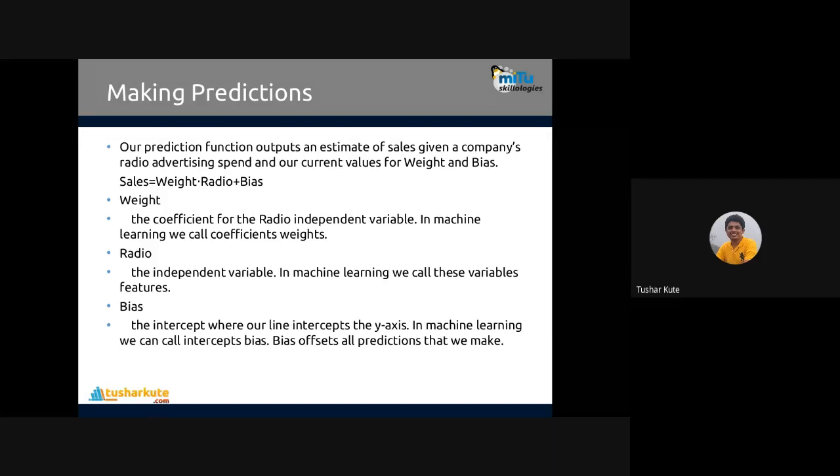But I want to predict the value 14. So to adjust that, we have to add the bias. 4 into 3 plus 2. Only multiplication is not sufficient. Addition is also expected there. Multiplication generates a result very fast, but to make the adjustment to the actual result, the bias, which is the y-intercept, is added.